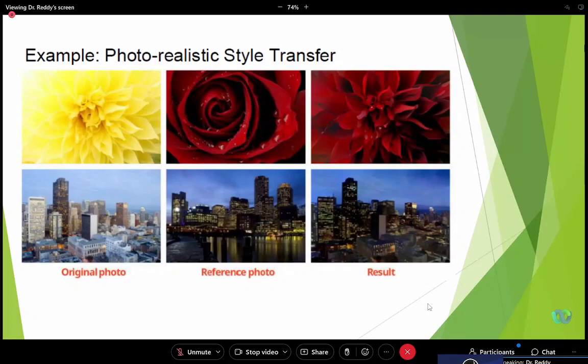Properties in the sense you mean the features? Yes. Okay, so we are extracting features from the reference image. Yes. Now obviously, if you take this first image, both images have colors, the first and second image, the flower, but the feature of the second is different because it has a completely different color.